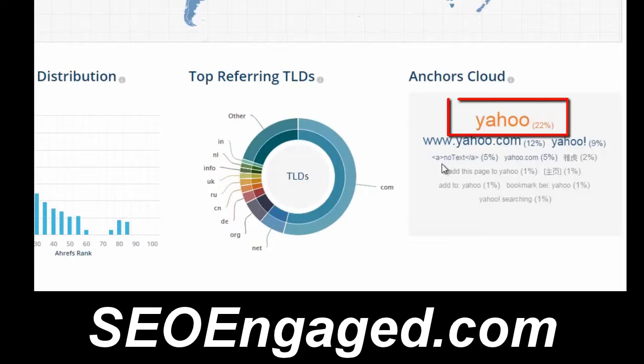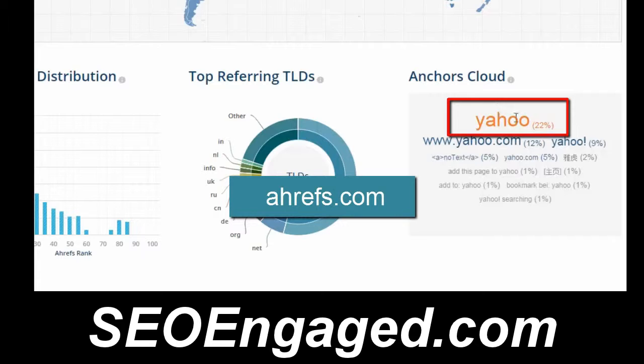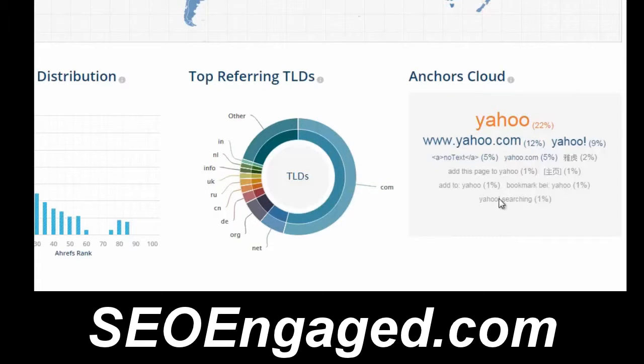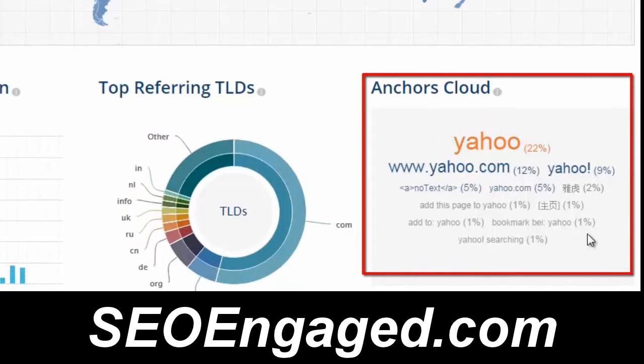So I plugged yahoo.com into ahrefs.com to analyze their anchor text, and it was surprisingly perfect, nearly perfect as far as what we shoot for with anchor text these days. And this is what we're seeing with our own websites that are ranking. It's what we're seeing other SEOs training and teaching. It is what is working. So it just so happens that